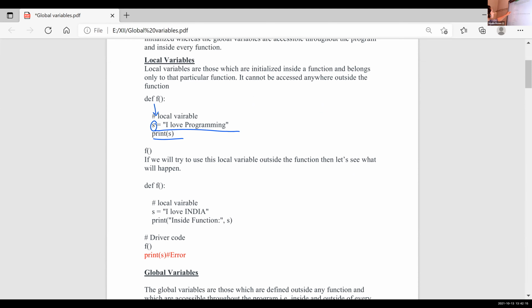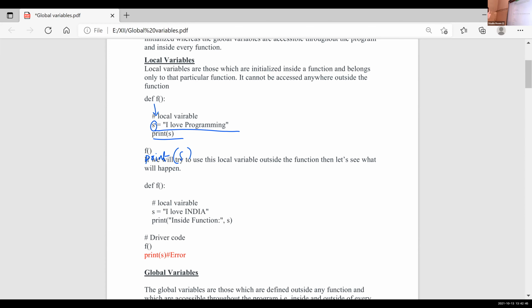We can use that local variable only inside that function. If I try to access this variable outside, after a function call statement, if I use a statement like print S, it will give an error, because S is a local variable. We can use this S only within that scope. This is local scope. The scope is just inside that function definition.